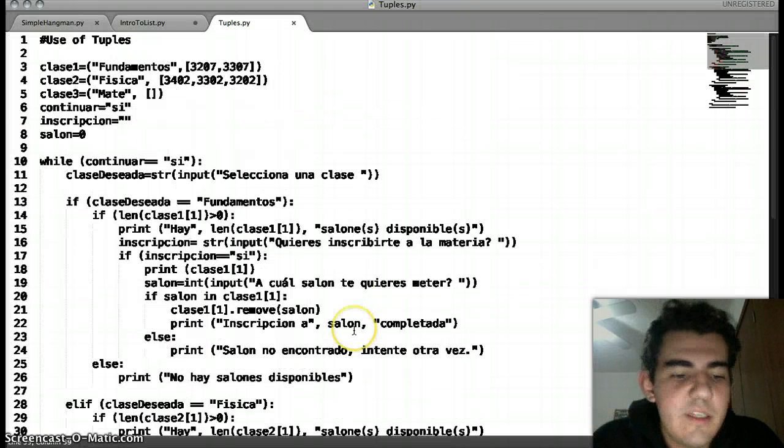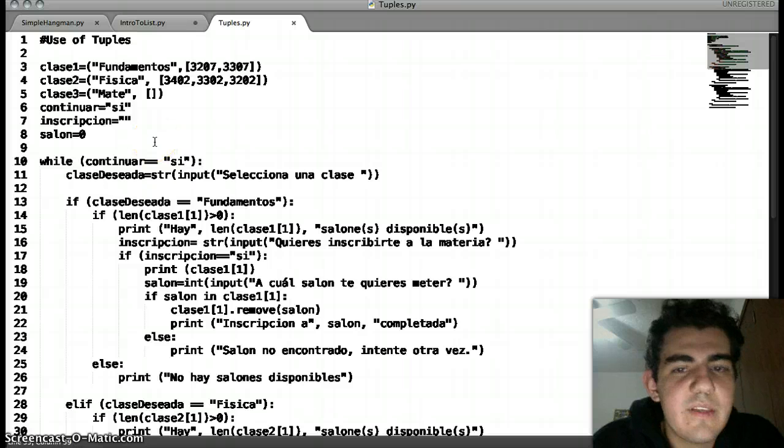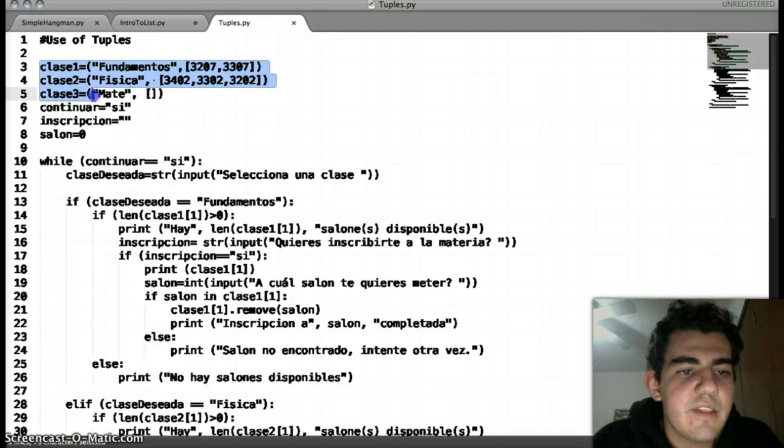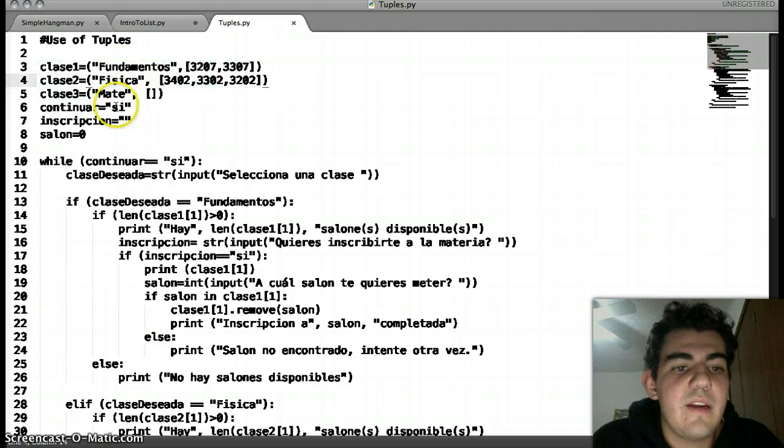So what this program does is kind of how the inscription for the schedule in school works. There are three tuples: class 1, class 2, and class 3. They are different subjects and they have different available rooms for each subject. And basically, you subscribe to subjects, and I actually used